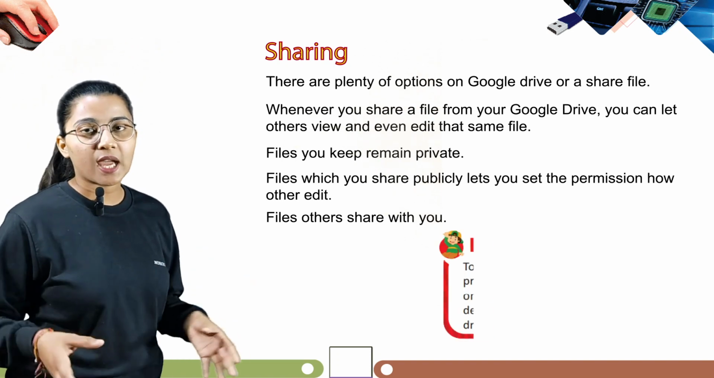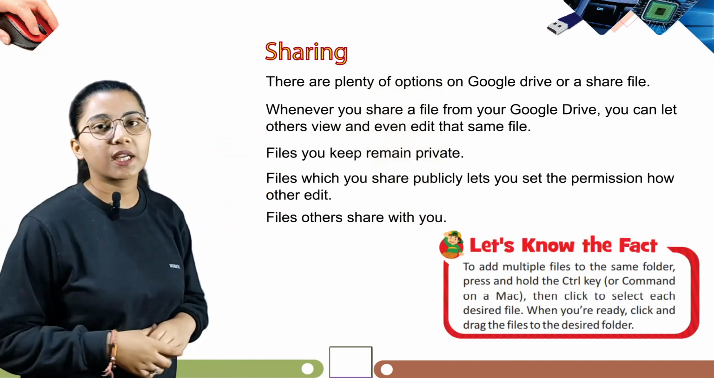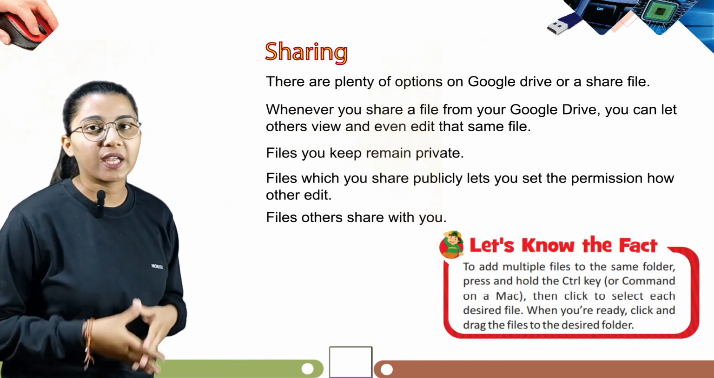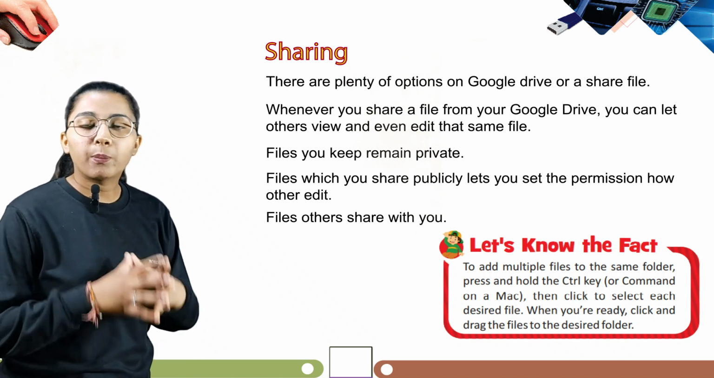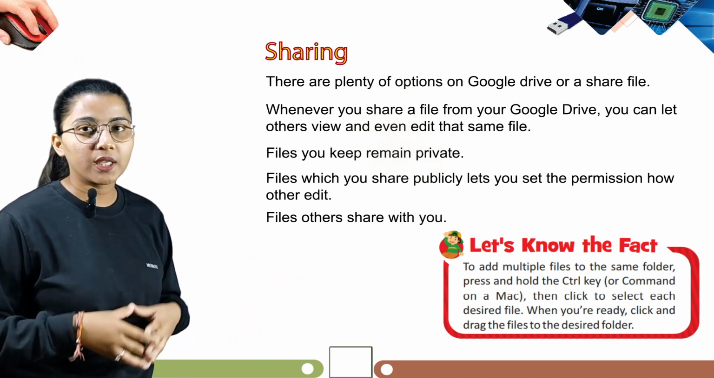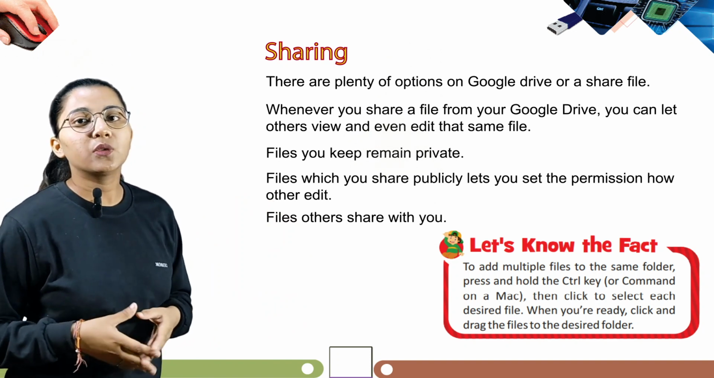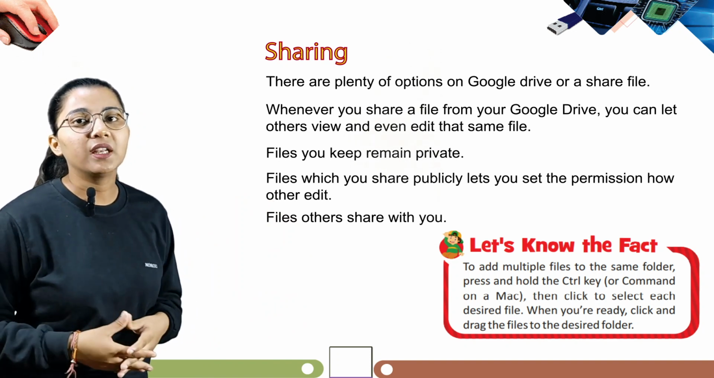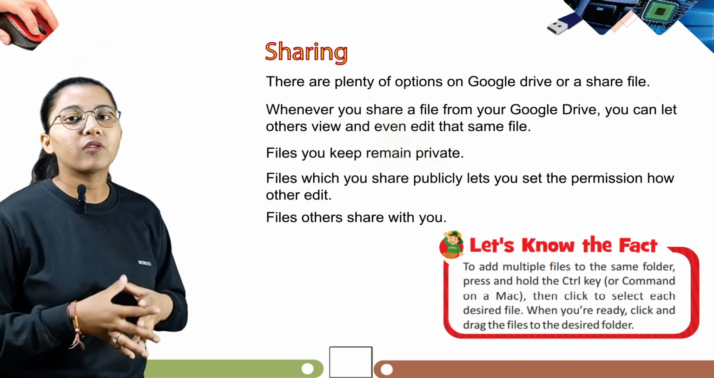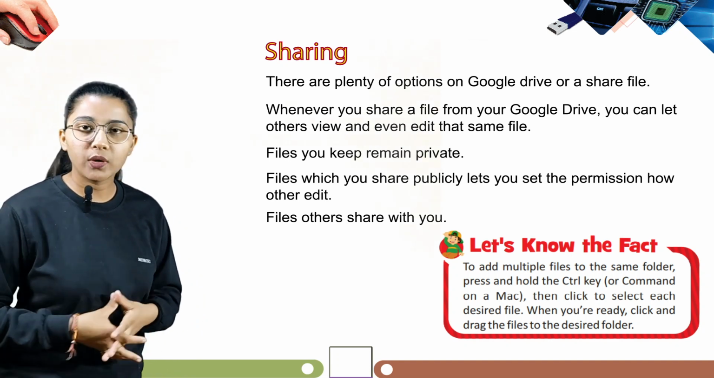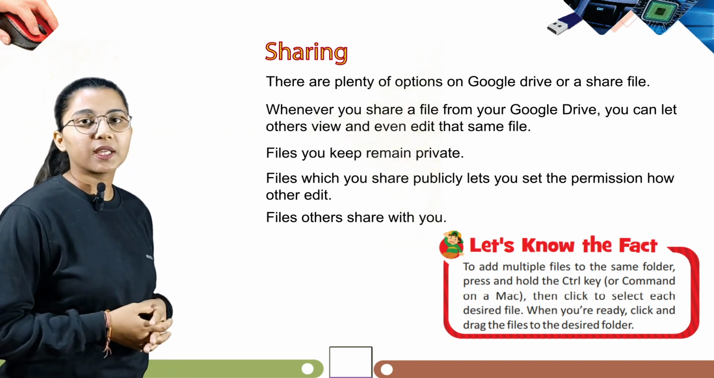Now students, it's time to know an interesting fact, that is, to add multiple files to the same folder. Press and hold the control key, or command on Mac. Then click to select each desired file. When you are ready, click and drag the file to the desired folder. Now our next topic is